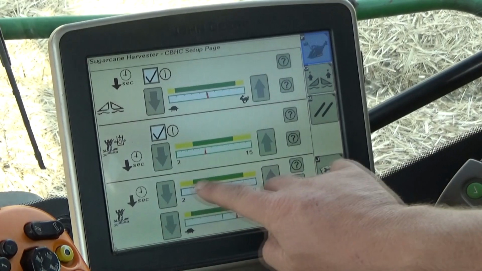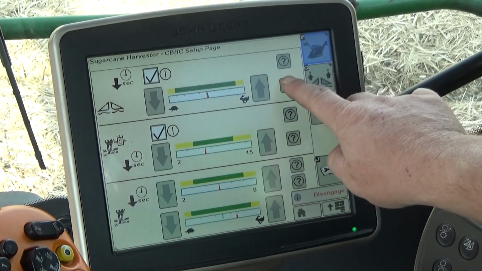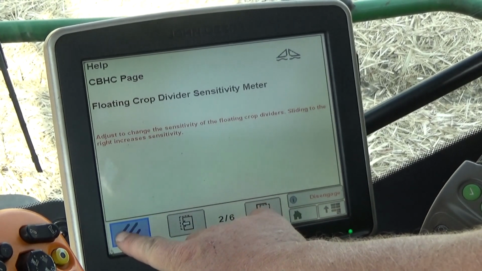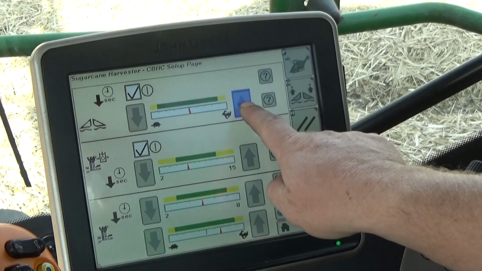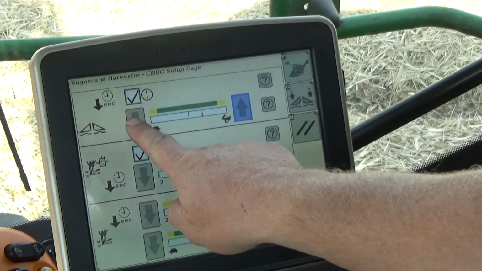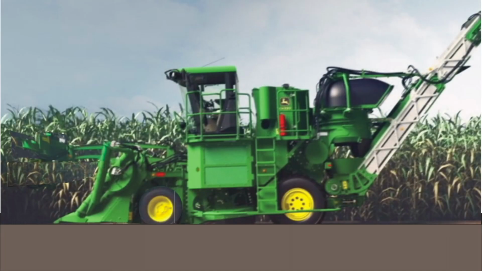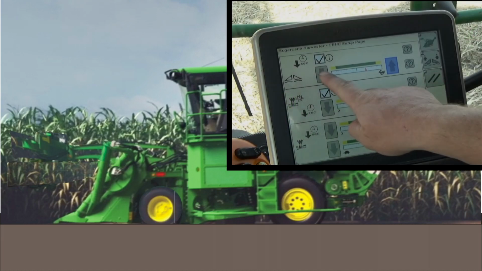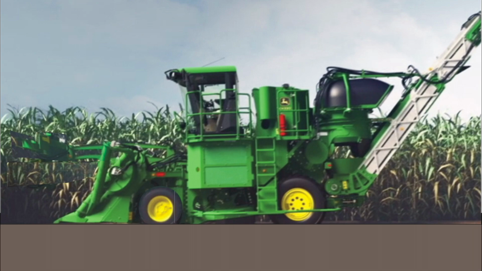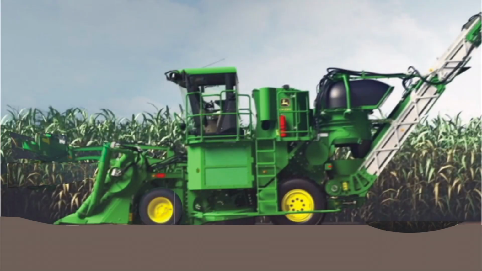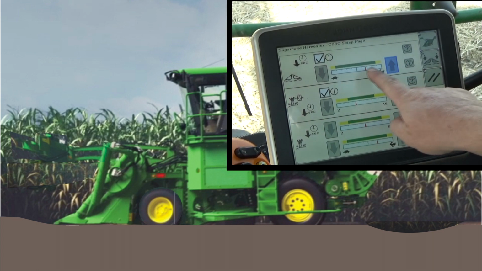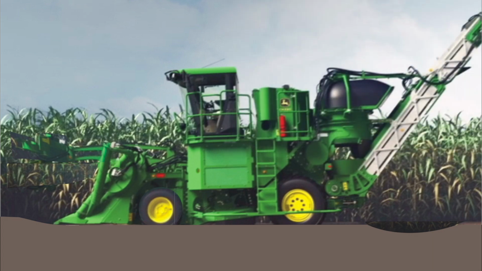The second advanced setting is crop divider pressure sensitivity. Sensitivity settings of 1 to 4 can be selected based on the field contour and the degree of crop divider and base cutter height correction. Low sensitivity settings such as 1 or 2 can be selected for a field surface that is generally flat and even. For more uneven field conditions, higher sensitivity settings such as 3 or 4 may be required for optimal height